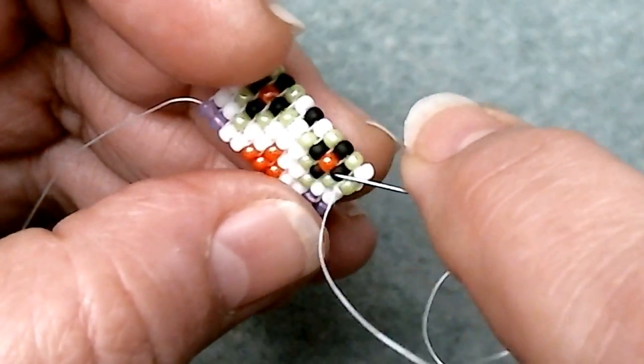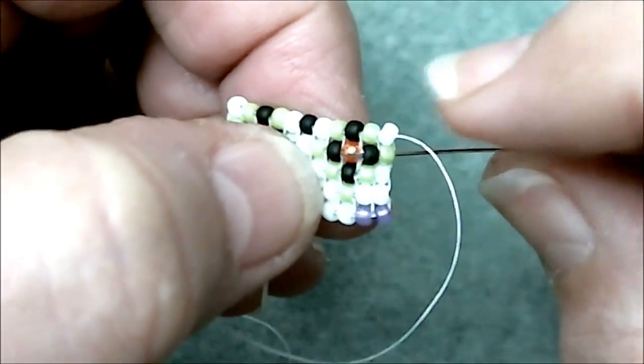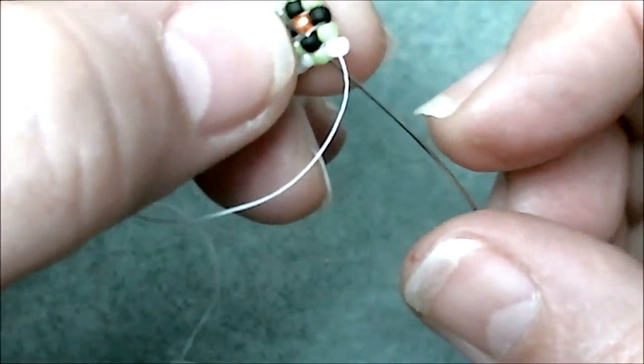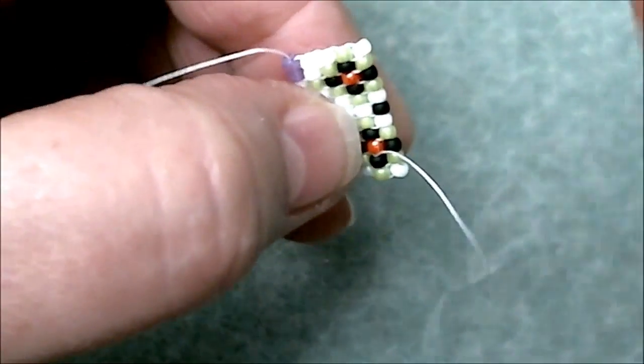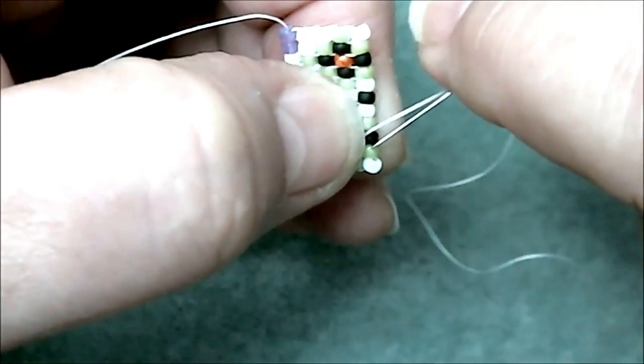Okay, doesn't want to do that. Okay, I got my needle. I pulled it back out. Got my needle in the 2 beads. Don't know why it was giving me such a hard time. And then I'm going to come back up. And because it's in the 2 beads, I'm going to come over straight across, and I'm just going to come